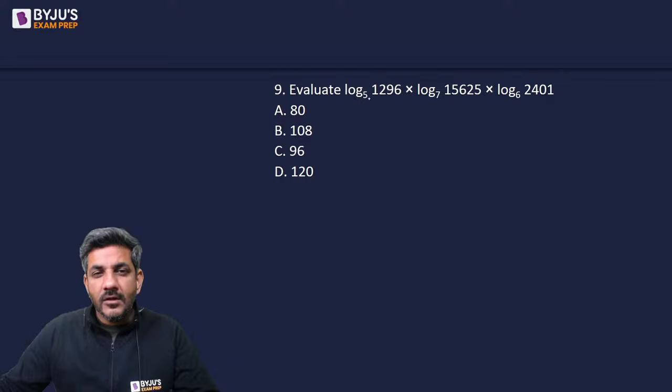Let's have a look. So log of 1296 by log, I mean base change formula say, I can write it